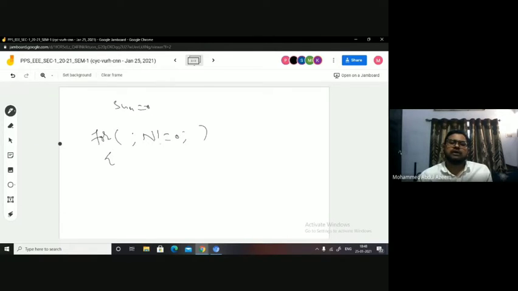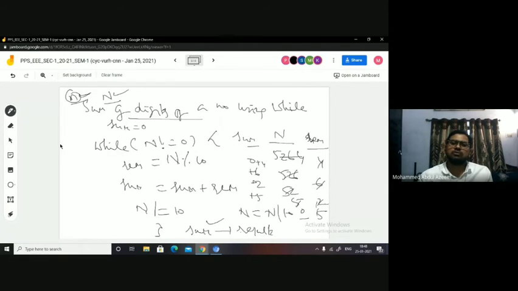Got it? See, for syntax is for followed by parenthesis, enclosed with 2 semicolons. Fine. If there is nothing inside this, then it becomes an infinite loop. This is infinite loop, right? All right. But if I have some condition, then until that condition fails, those statements are going to be repeated. So if I want the same to be written using for, I can write like this, okay?